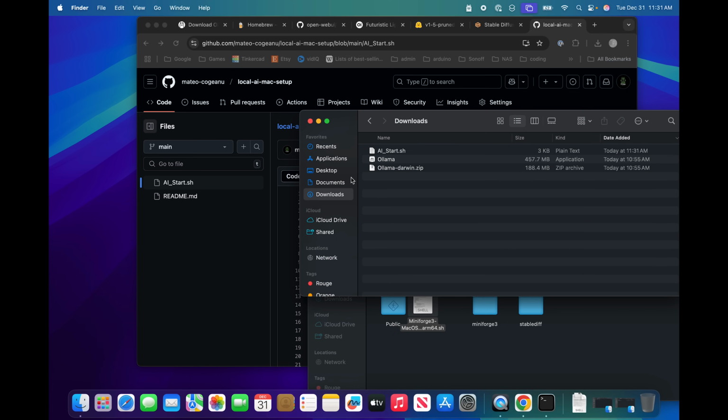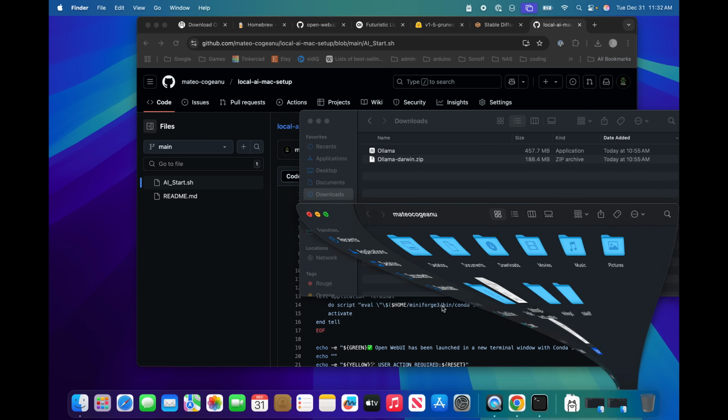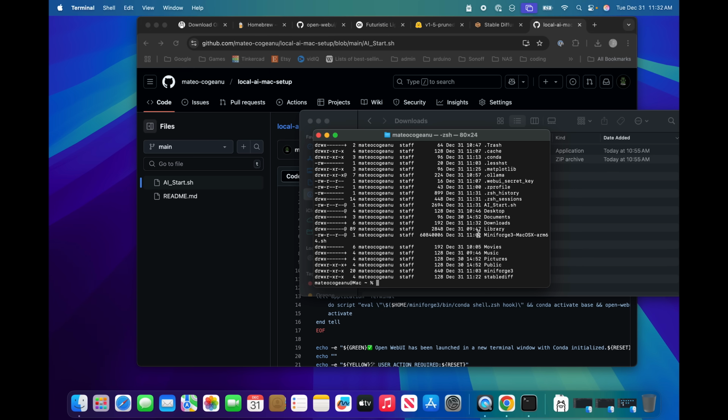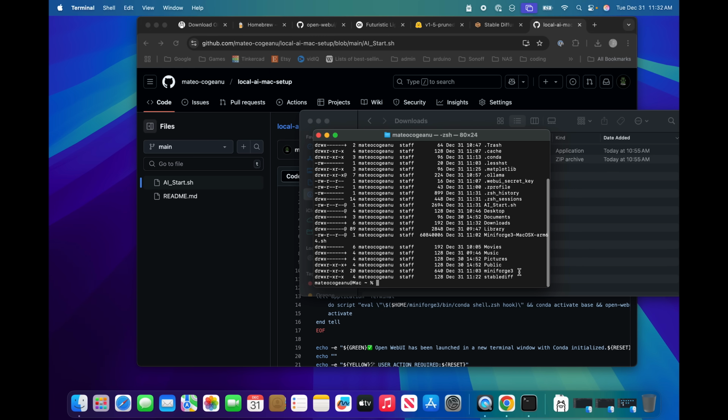And then from my downloads, aistart.sh here. And now we have the shell script. We open the terminal, we list just to see if it's there. And it should be there somewhere. Yes, here it is. So let's sh aistart.sh and we hit enter and it will start the whole setup.